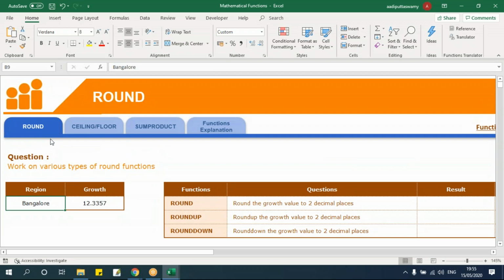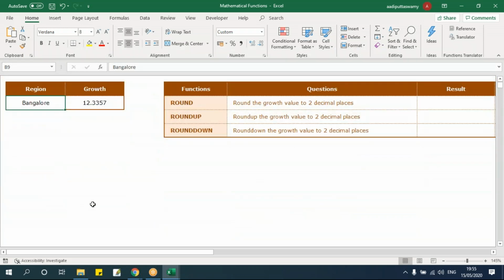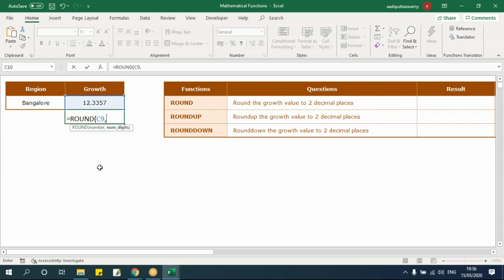We have ROUND, then rounding off of the whole numbers, and then SUMPRODUCT. Coming to this ROUND, it is actually used for rounding the values of decimal numbers. Let me go here. I'll say equals ROUND. It asks for how many digits I need to round it off. Let me select this, comma, last one number of digits, I'll say 2 and close bracket. Now this number of digits, see 12.3357, I want to round it off to the second decimal, that is for 2 digits. Let me say enter, see